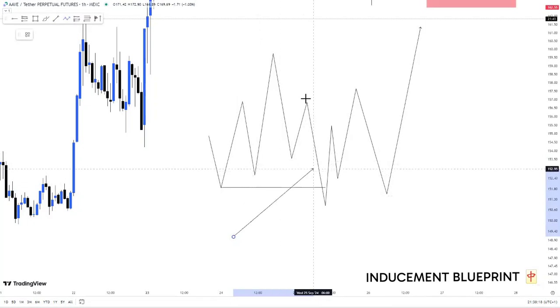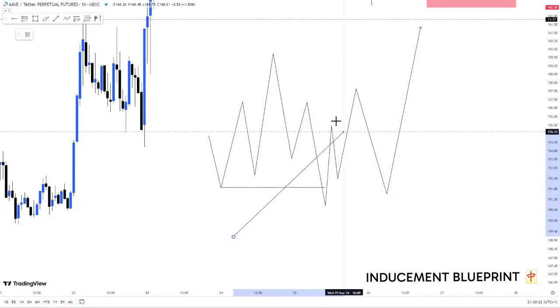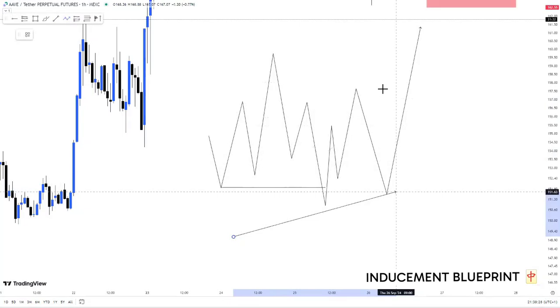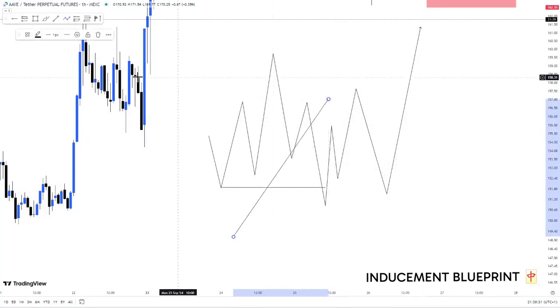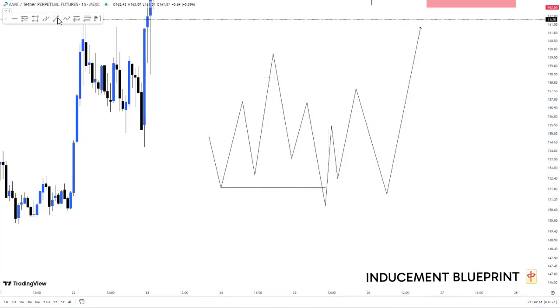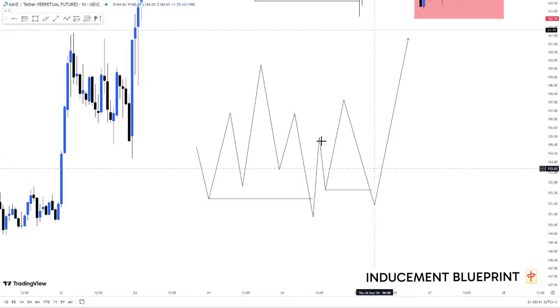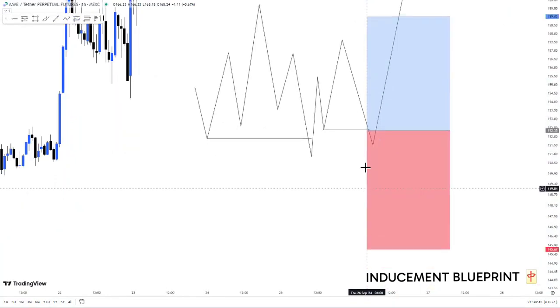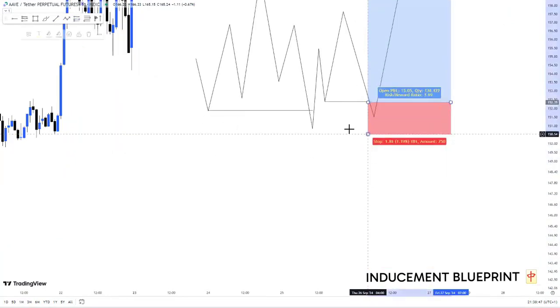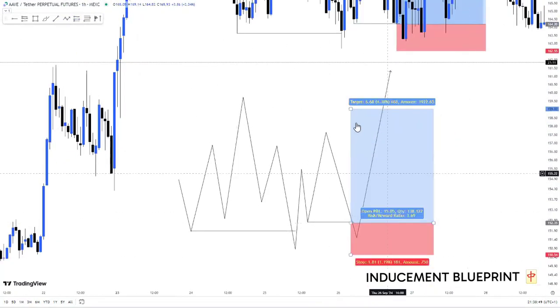The market took out all of them, created an inducement here, and then broke structure to the upside, which is the high of the inducement, came back to take out the inducement, and then headed towards the external liquidity. So now our inducement should be our supposed entry, and then stop loss just below the strong low, and then our take